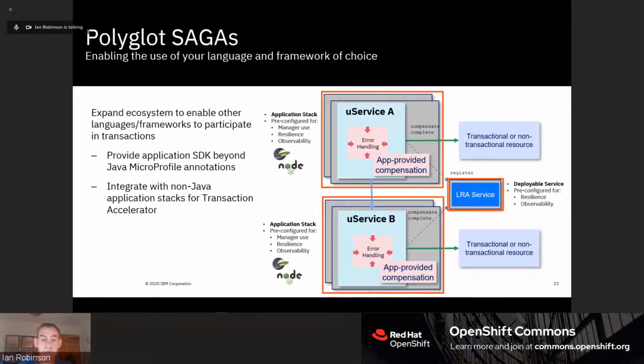So Node is going to be one of our future extensions to the LRA model in the Cloud Pak for Applications. We will be enhancing the capability beyond Java for Node by providing an LRA SDK. It's our intention to provide an LRA SDK for Node applications in the future.